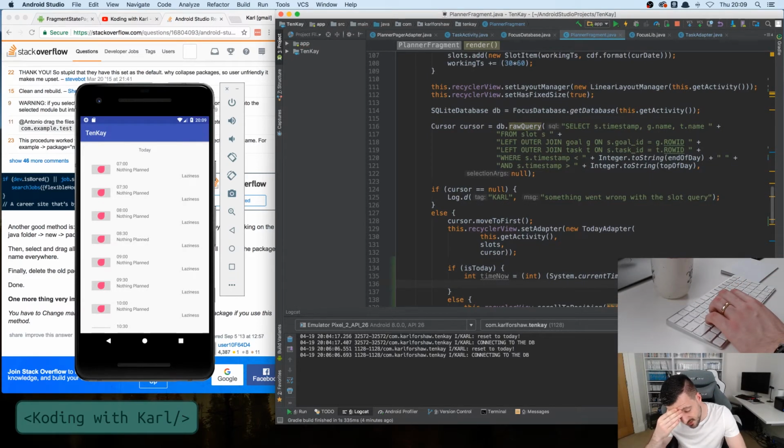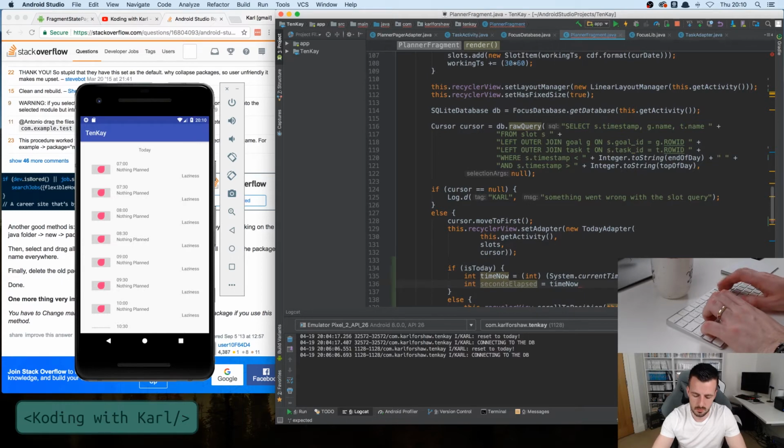And that time now, there's a remainder on it. So I want the remainder. Let's think, the remainder is the number of seconds elapsed today. So int seconds elapsed equals time now modulo 86,400, the number of seconds in the day, and then